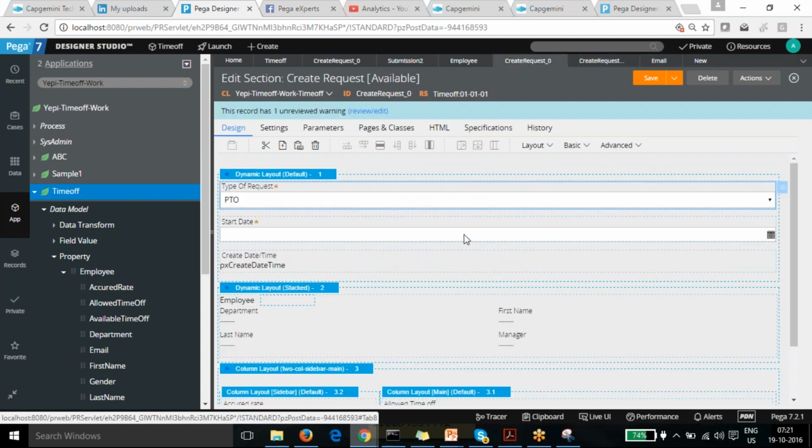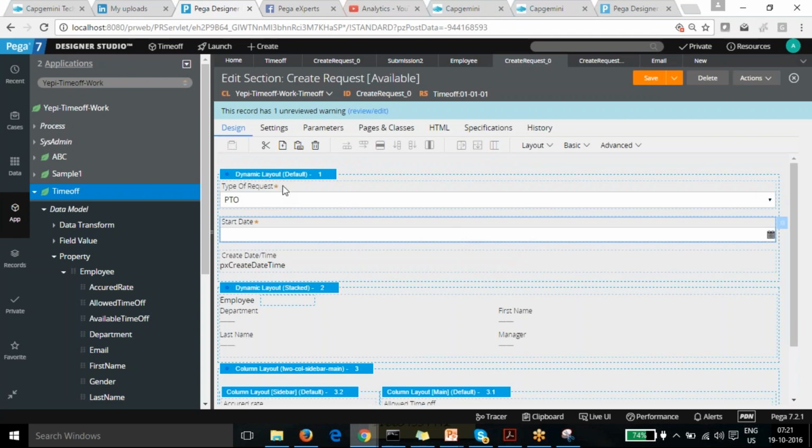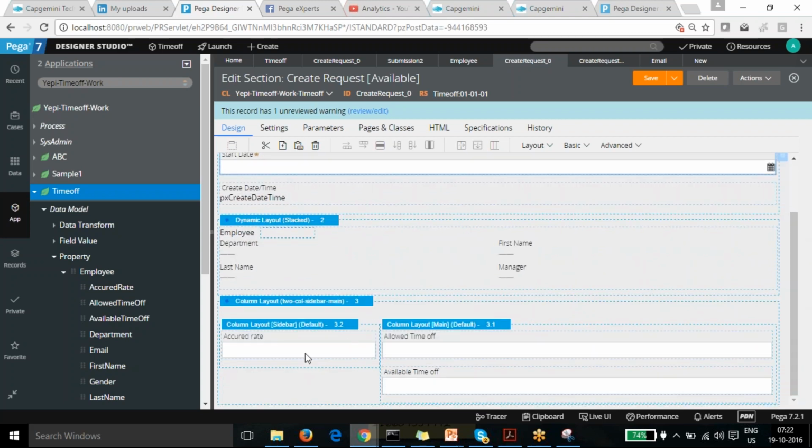Here you can see we made that required also. You can see the star mark with it. Those two fields are already required, so we cannot move on without selecting those two values. So we need to make them required also. So I'm going to put the logic here.